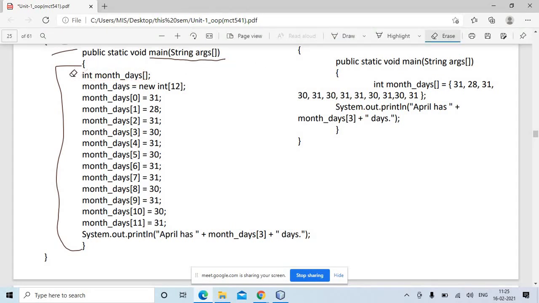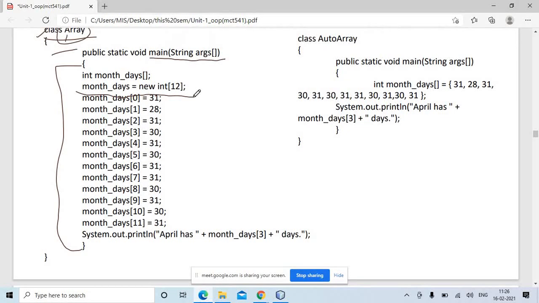Now, in the next line, what you have done is you have allocated the space required to store 12 integers. In this line, you are allocating the space required to store 12 integers.